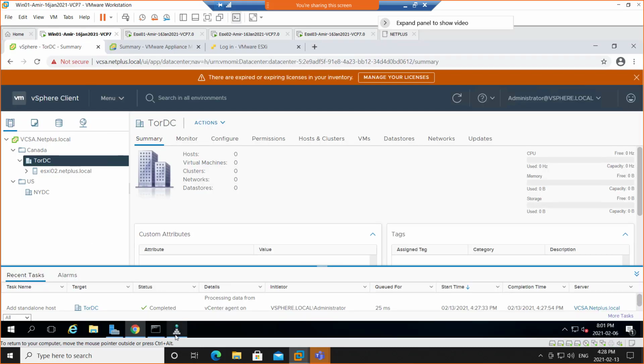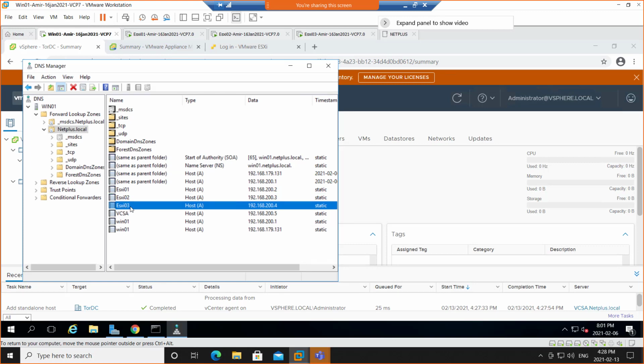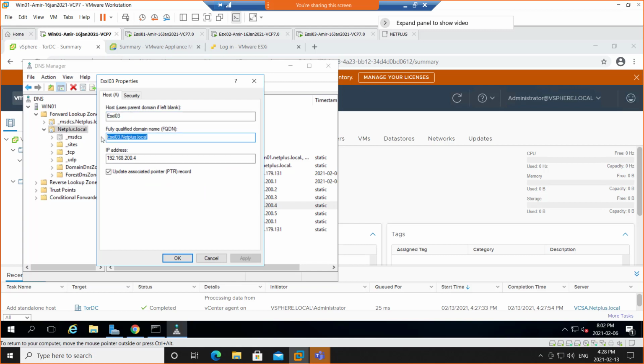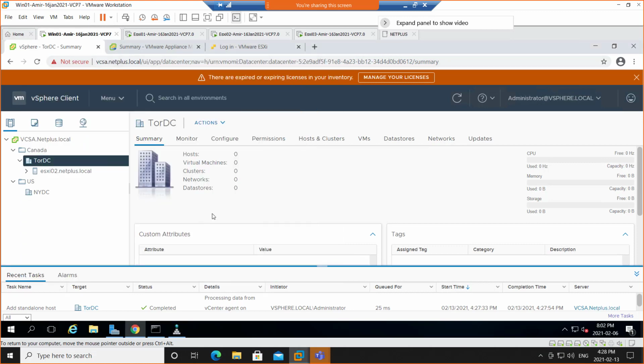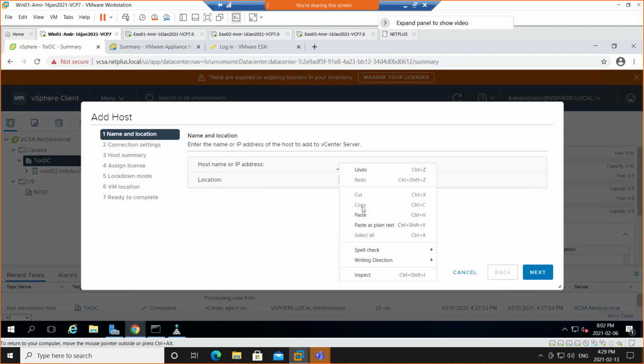So I'll just go to DNS, although I can just type the spellings as here as well. And ESXi3 is the A record there. We'll click that, and it's not case sensitive, but it is spelling sensitive. Okay, so I'm gonna go to NYDC and add host. It's the same thing. I'll put that name here, and if it gives an error, then it's a name issue or DNS issue. ipconfig flush DNS and try to check the spellings. Mainly it's the spellings. Okay, next,